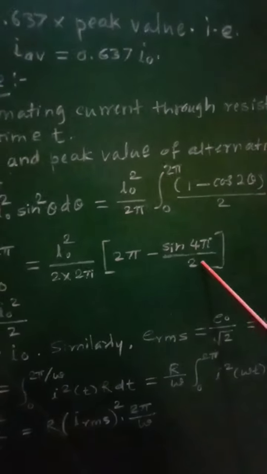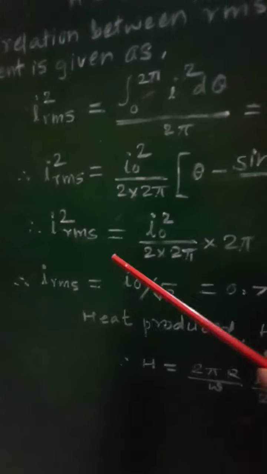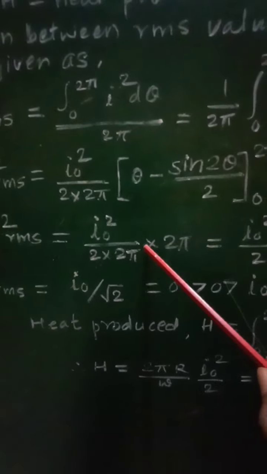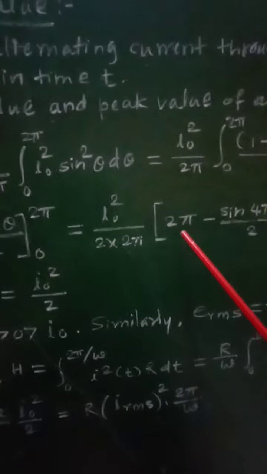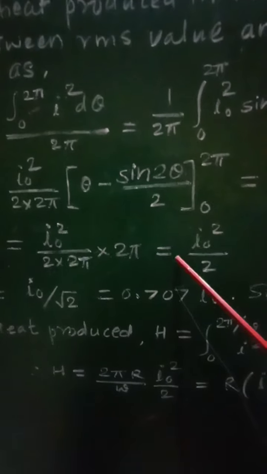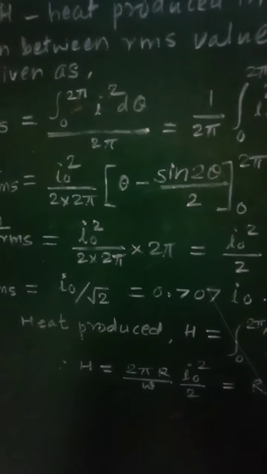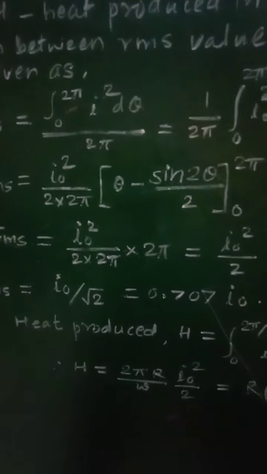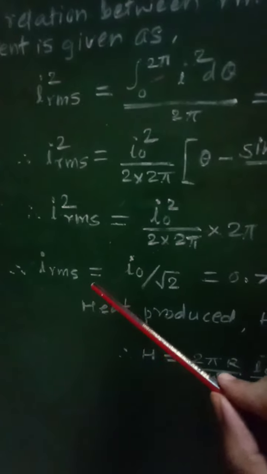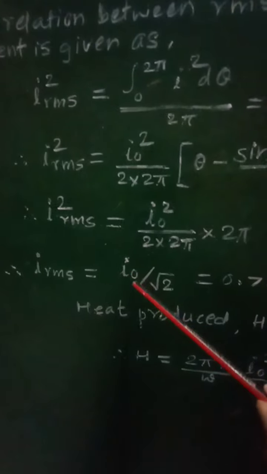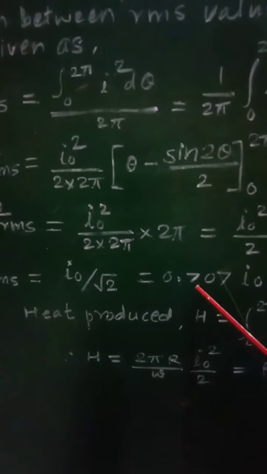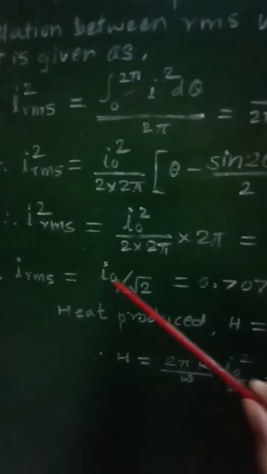Therefore the second term is 0, and we get I RMS square equal to I0 square upon 2 into 2 pi only. So this 2 pi will be left, and the 2 pi cancels, and we get I0 square by 2 only. So I RMS square equals I0 square by 2, and taking the square root we can write I RMS equal to I0 by root 2. But 1 by root 2 is equal to 0.707, and therefore I RMS will be equal to